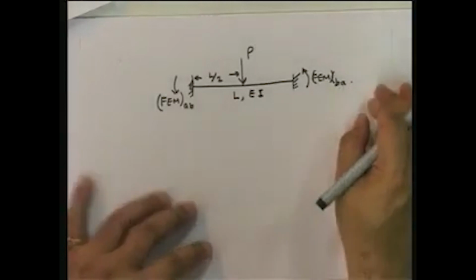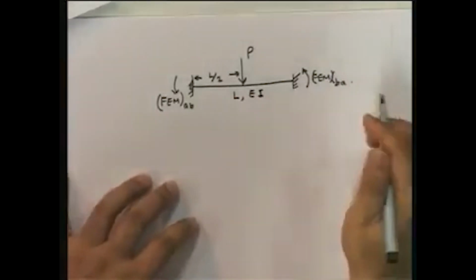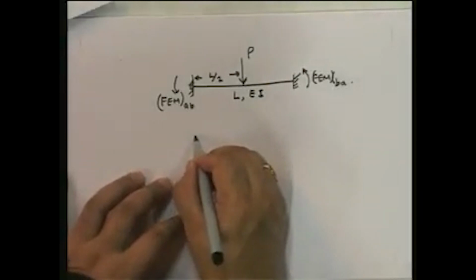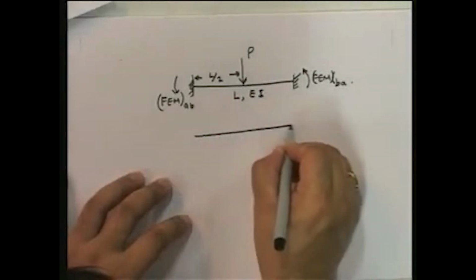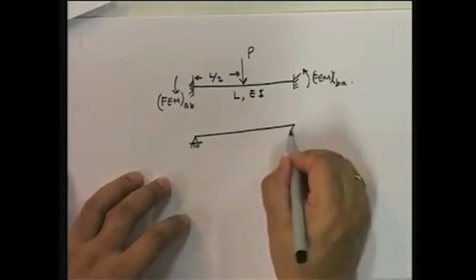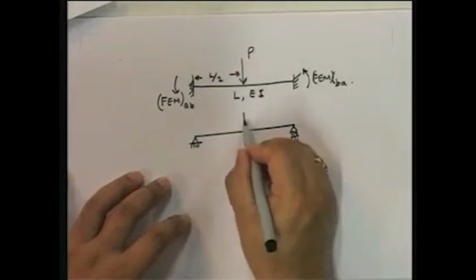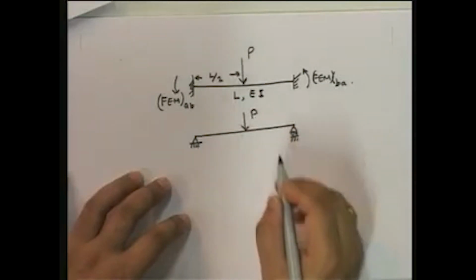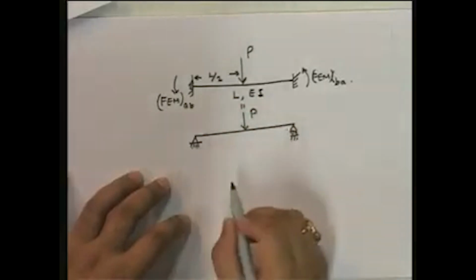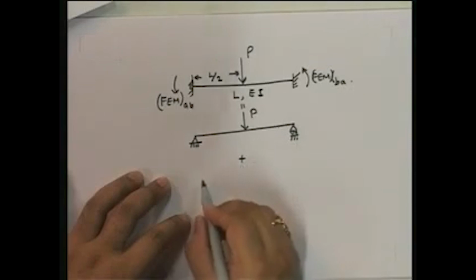How will we solve this? How will we get these? The procedure is very simple. I always go by the principle of superposition. So I'm going to take this structure, and I'm going to say that this structure is equal to this plus